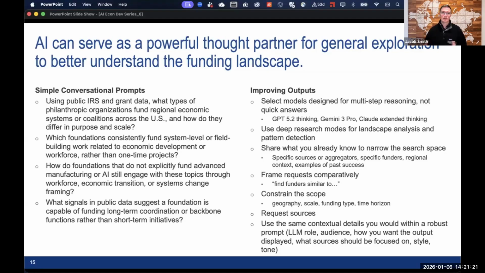Throughout these sessions, we've also talked about how to improve these outputs that you can get. So you can go from a basic conversational method to a method where you're actually doing highly specific prompts. I think some of the key things that you want to think about as you're using it for this general research process is there are really advanced thinking and reasoning models that you can select whenever you're within a tool.